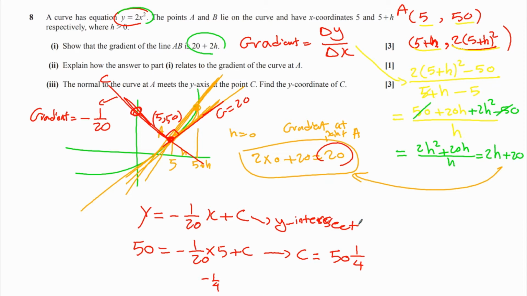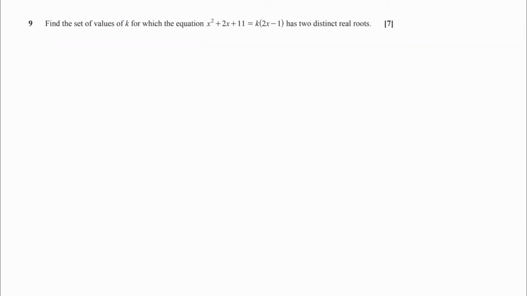Okay, so if you go to the next question: find the set of values of k for which the equation x squared plus 2x plus 11 equals k times (2x minus 1) has two distinct real roots. Okay, this is about the discriminant, and if the discriminant of a quadratic equation is larger than 0, there are two distinct